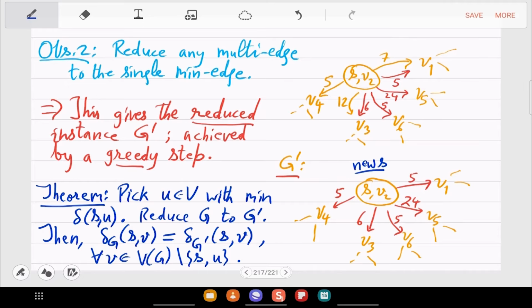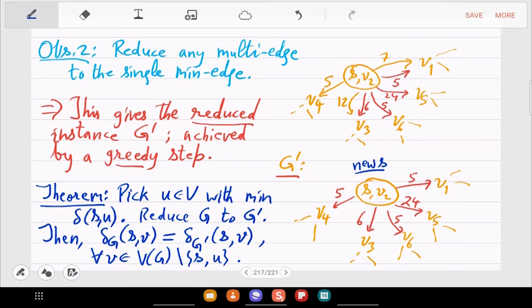What are the distances there? We can see that shortest distances don't change. So delta G SV is the same as delta G prime SV for all the remaining vertices, other than S and the nearest U. Okay, so this already gives an algorithm,